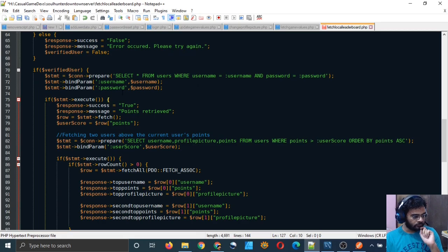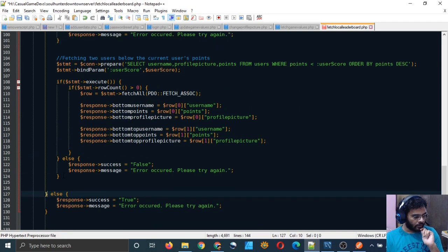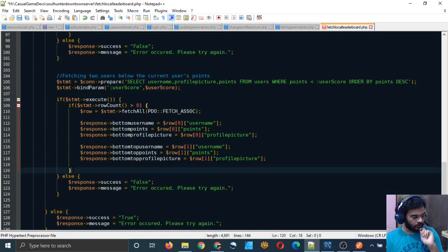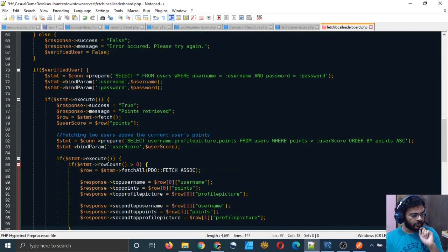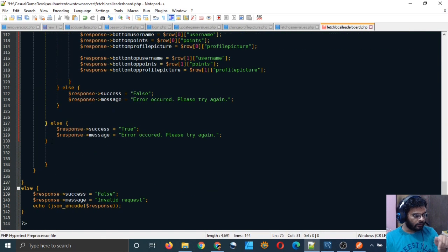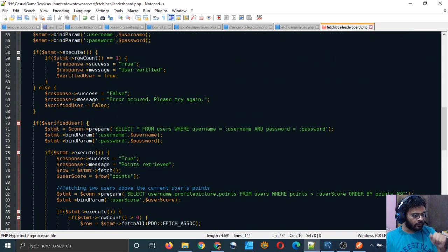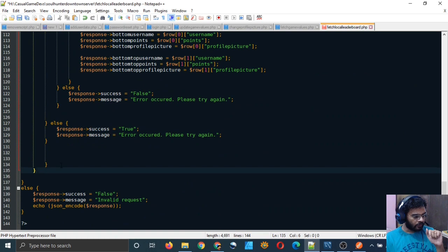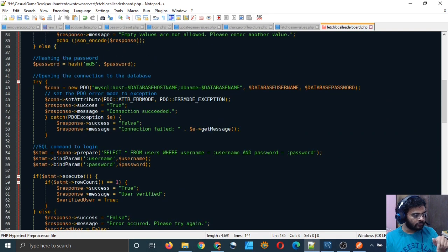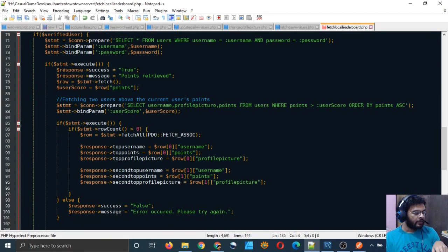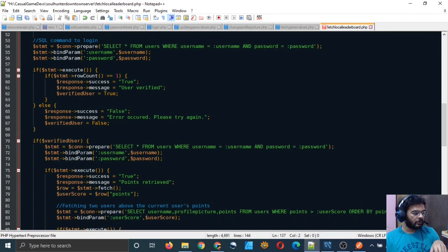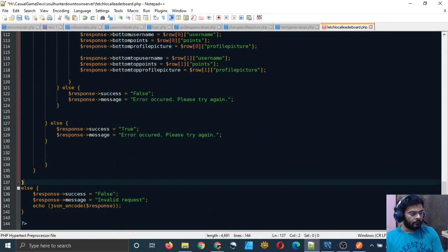That is this one. And this one is because of this, and this one is because of that. And this one is if user verified, and this one is the empty or not check. And this one is the post request checker. Oh, that looks good.